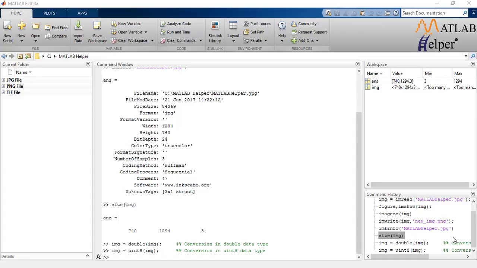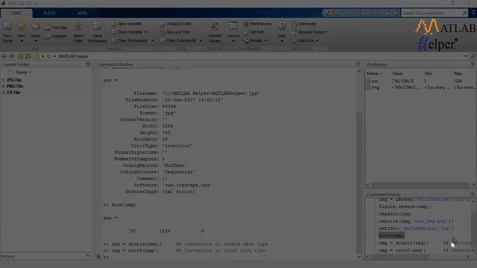But there is one big disadvantage with this method. This can result in loss of resolution as values are truncated based on the range permitted by a specific data type. To prevent this loss, there are specific functions for image conversion which rescale the value based on the range of the type. For example, image to double with the command im2double converts input image to double type. Similarly, image to binary with the command im2bw converts the image to binary or logical data type. This type of black and white image helps in faster processing of image as there are only two values present in the image, 255 for white and 0 for black.